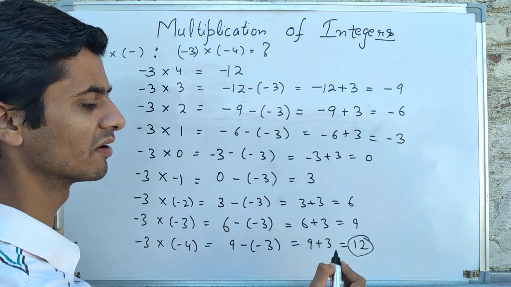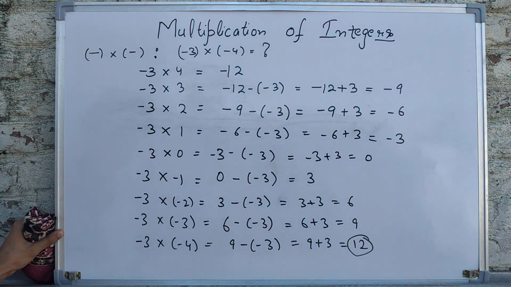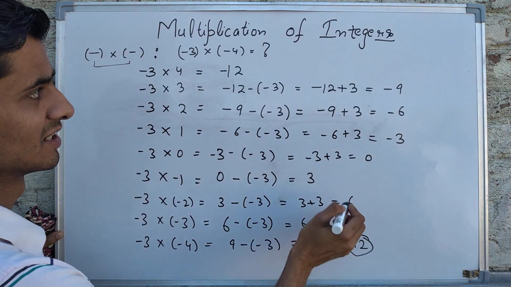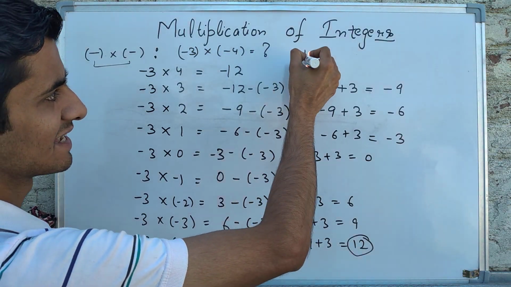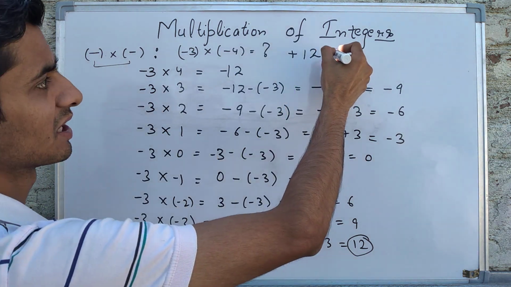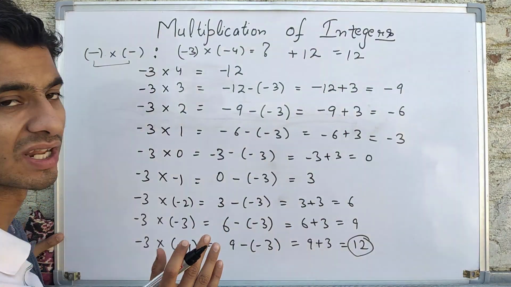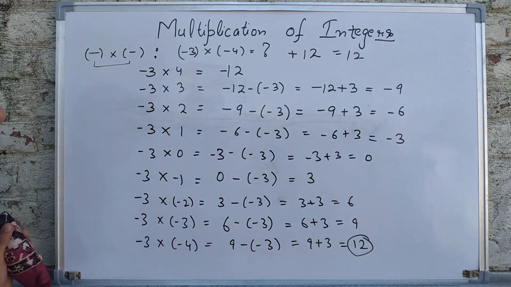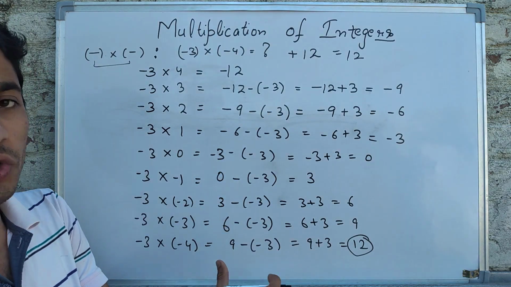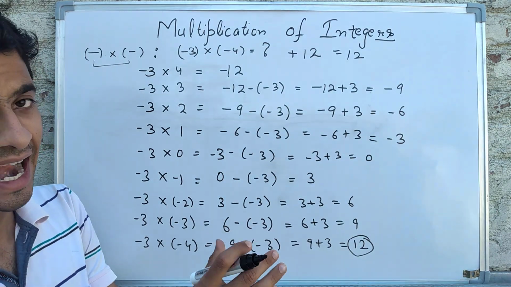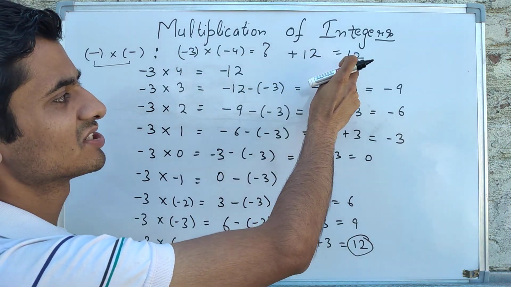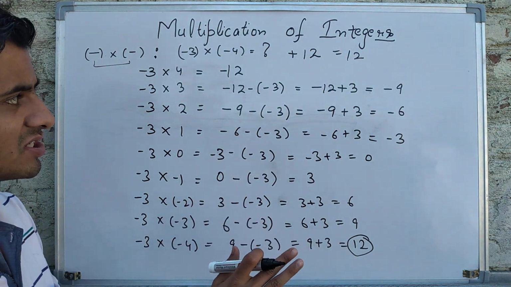So basically what we are getting is, when you are multiplying two negative integers, first of all multiply the numbers as they are and the sign remains positive. You write plus 12 or you write 12, it is one and the same thing. This is something we are trying to visualize, what all is going on. At the end, what result have we got? When you are multiplying two negative integers, you get one positive.